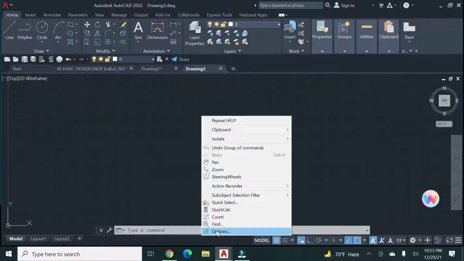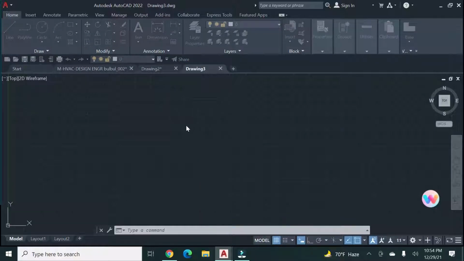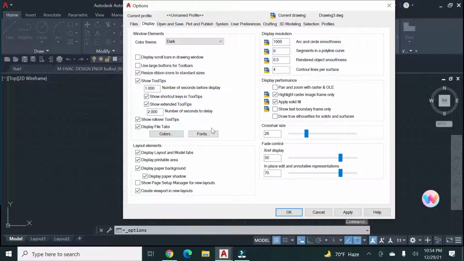Just click your mouse right button, then go to Options. After that, a new page will open, and you see two tabs here: number one, Display, and number two, Selection.